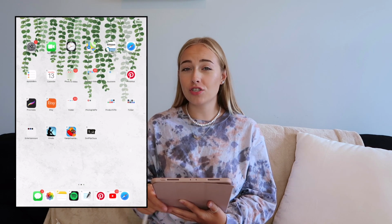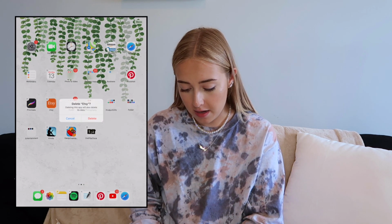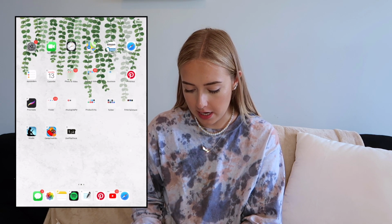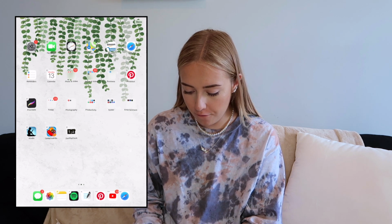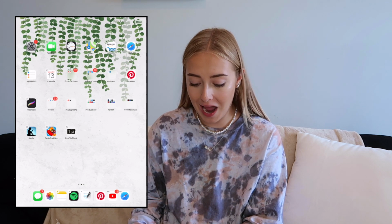Honestly, I know that this is stupid, but I really don't like having Etsy on my home screen. So I think I'm going to go ahead and delete it. And then we are going to reorganize now. So I think what I'm going to do is move my folders. I'm going to move the apps that I use the least to the top,